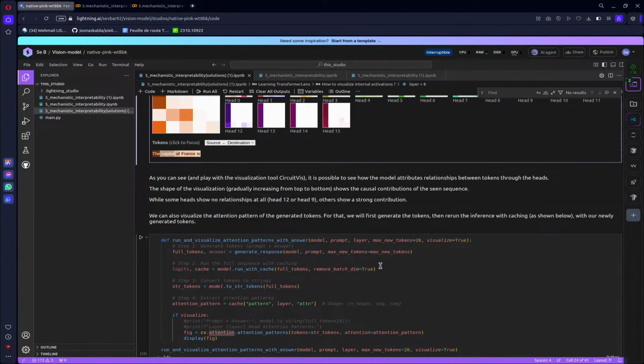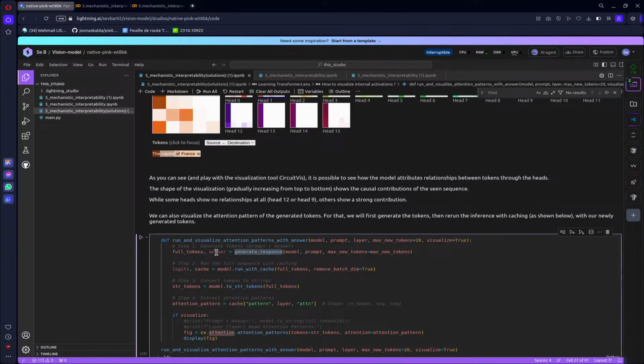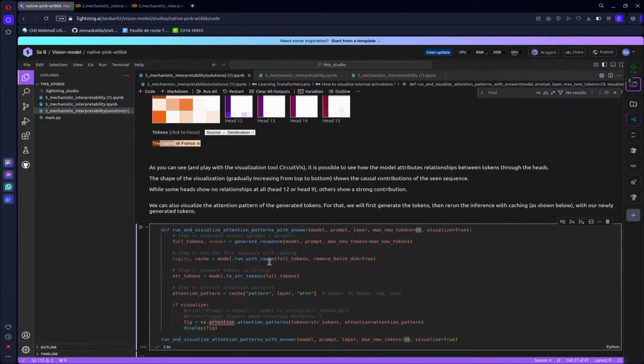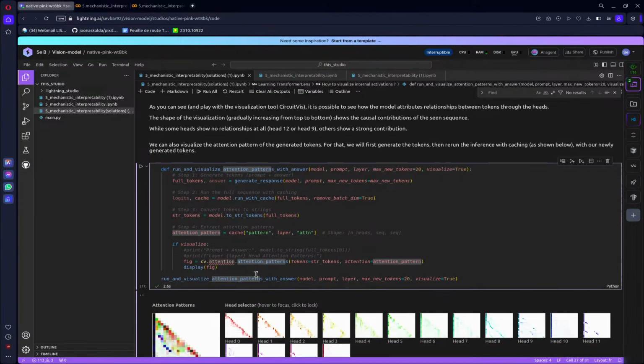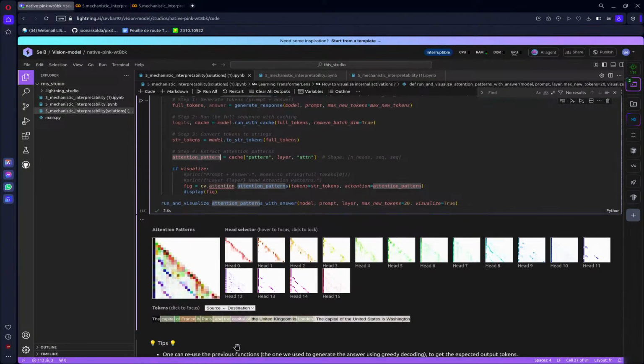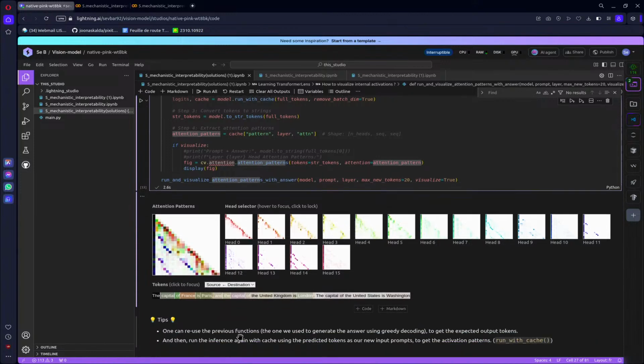It's a combination of what we have done previously: generate the answer, so we get 10 or 20 max tokens. Then once we get the answer, we run it with cache again to get the hidden activations of the layers, and then we get the attention pattern. And we use this really cool tool again, from the CircuitVis library, which allows us to visualize the attention pattern. So there we should see the whole sequence